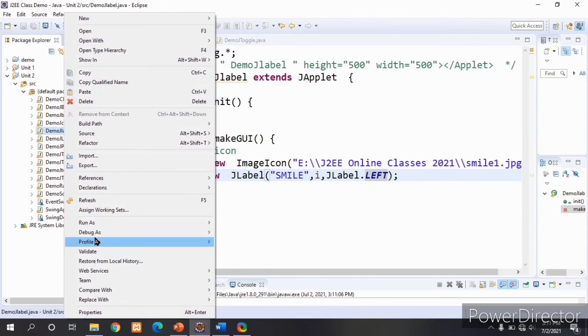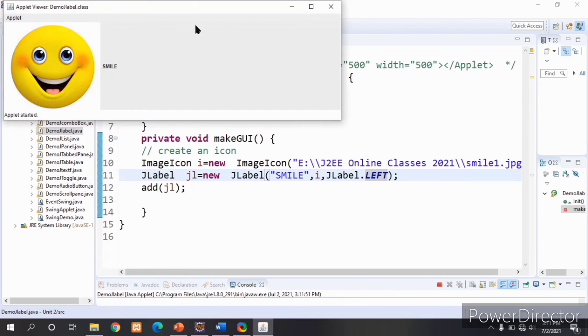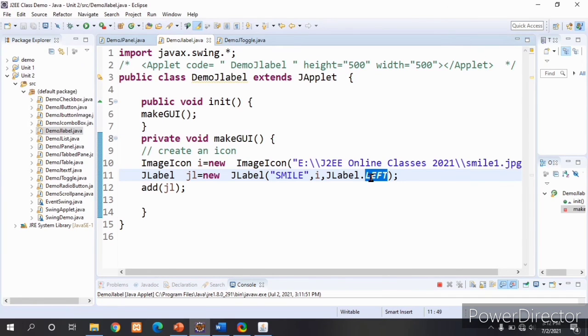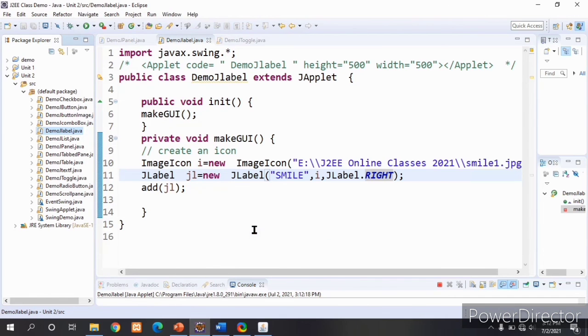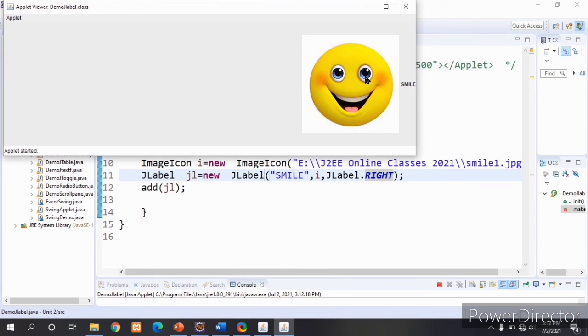See the difference now. It is displaying the image with the text on the left side. I will change this to right. See here, it is displaying the label image and label text on the right side.